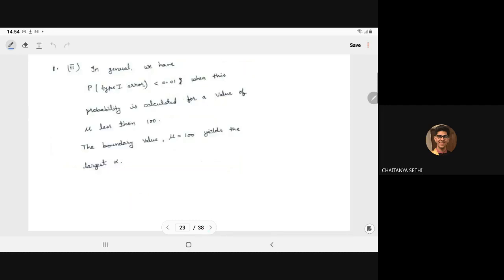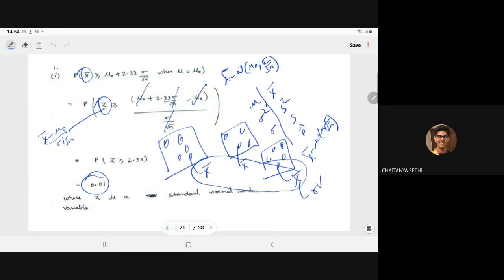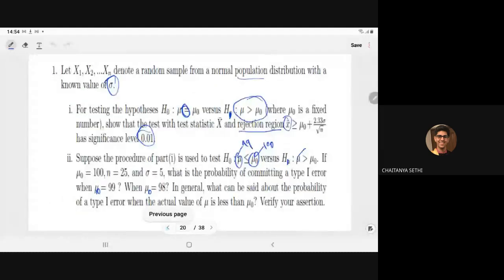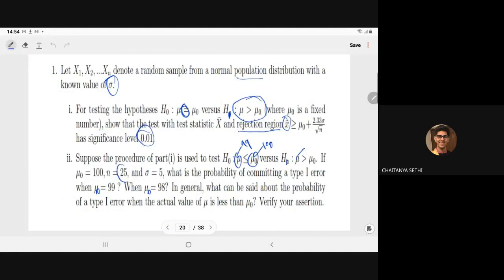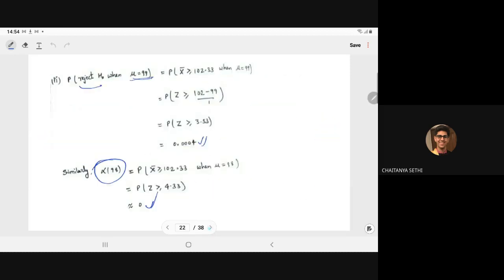So where did we get 1 from in the last step? Dividing by 1, in that 102.33 minus 9. This is the sigma upon root n. Sigma upon root n. Got it. So how did we get 102.33?